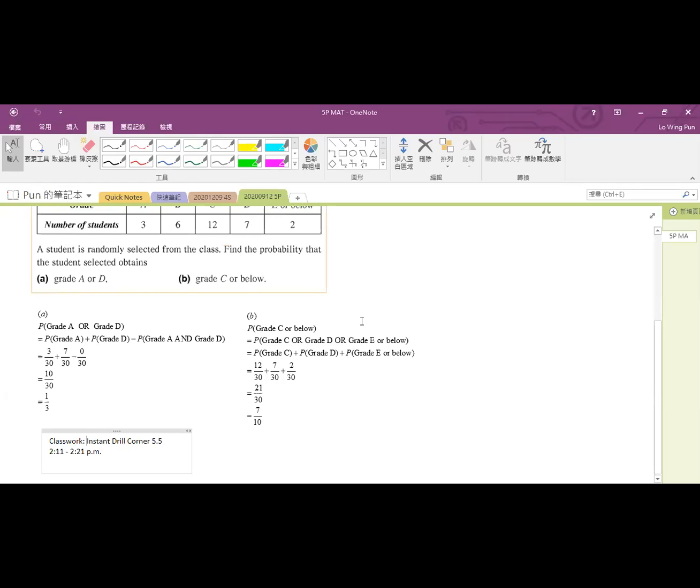Okay, so let's check the answers. 記住啊，probability 一定唔會大過一嘅。你計到大過一嘅話，就即刻諗下邊個位計錯啦，得唔得？